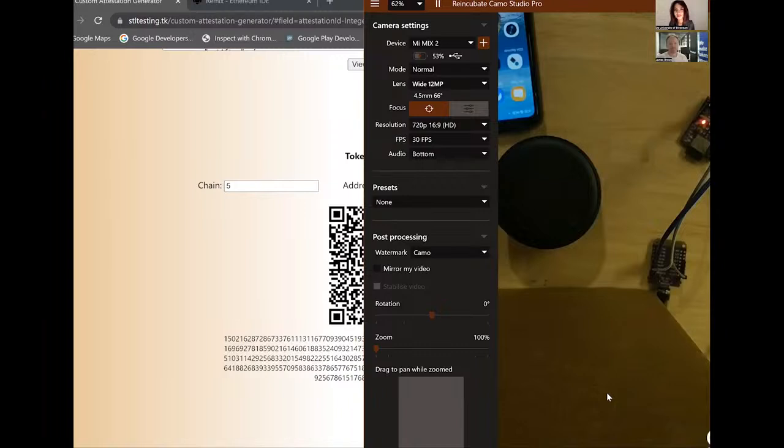And the great thing about those is that it preserves the privacy of the attestation holder. So whenever they want to use the attestation, they don't have to reveal their email unless they're purchasing a service. So that's one good one.